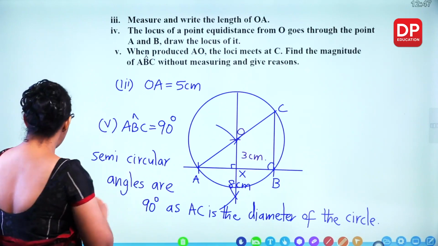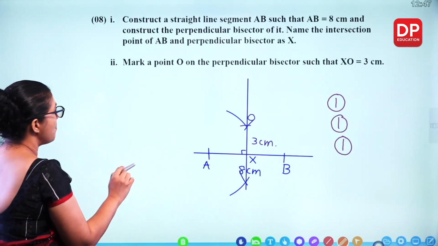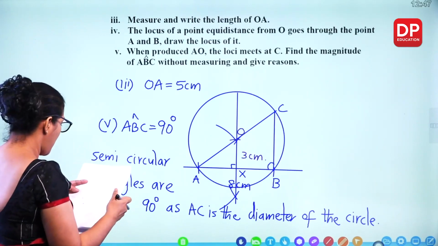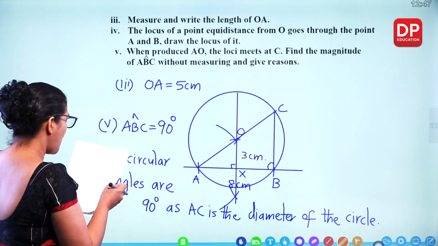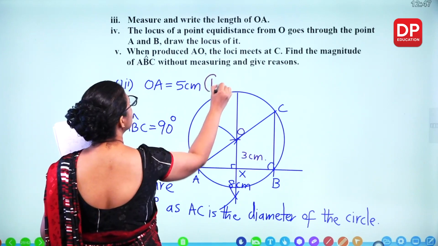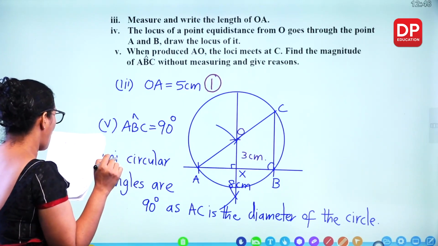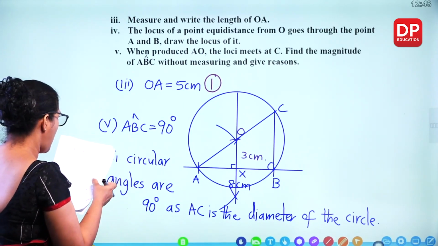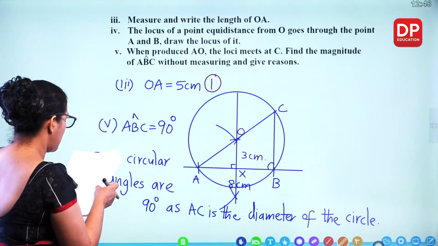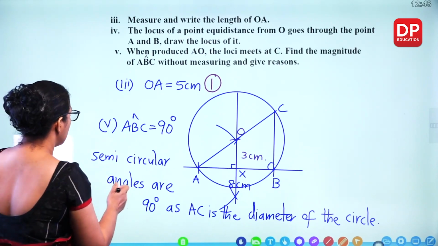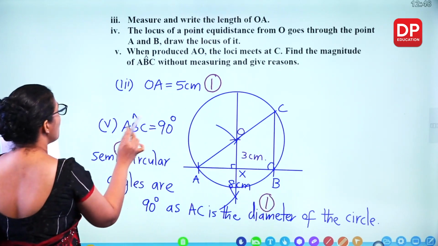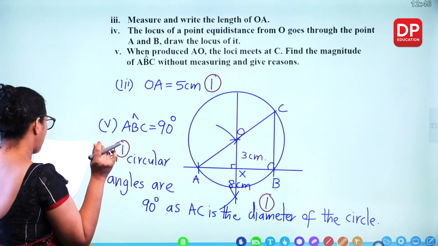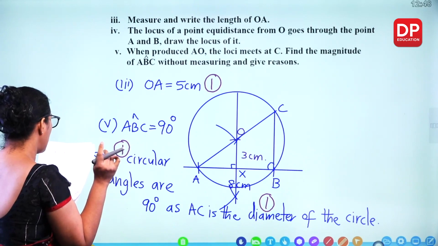So we already gave 3 marks, and for these steps we'll see 5 centimeter length 1 mark, so 4, and 1 mark here and 1 mark for the reason, so 4, 5, 6, and 4 marks again